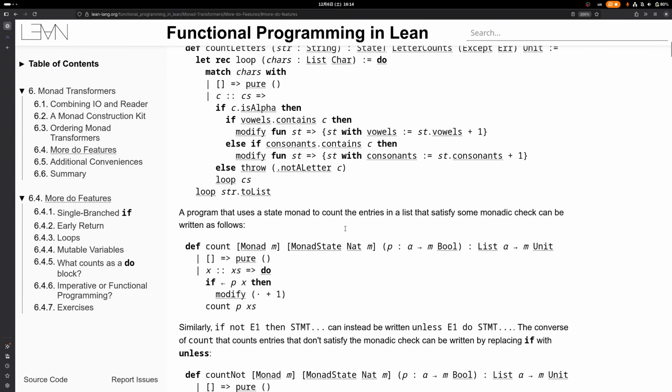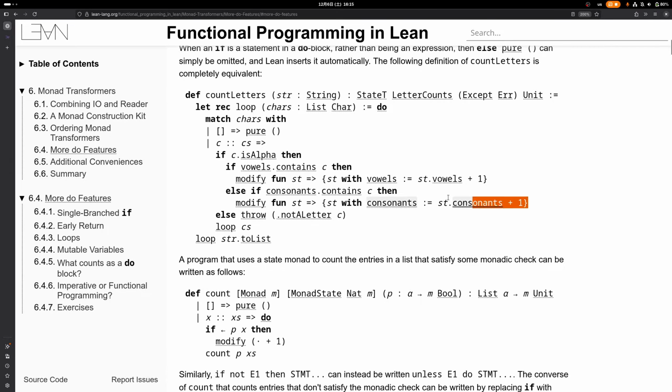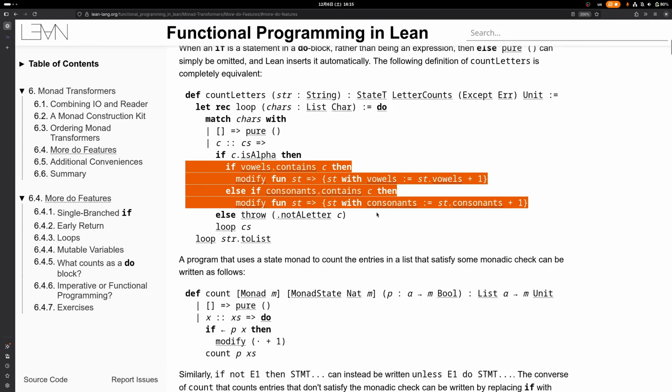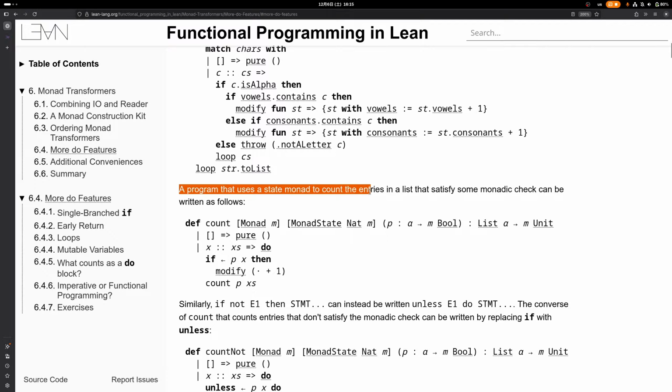Yeah, so we can define it like this, where inside of the inner if we just don't have an else branch. Or we can write a program that uses the state monad to count the entries in a list that